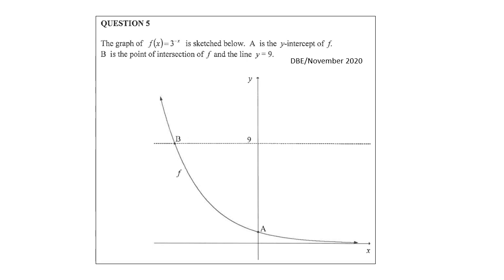Another thing that is of importance when you look at the question is to try and identify the asymptote of this graph. Remember, the asymptote is the horizontal line in this case that the graph will move towards but will never intersect. So in this case, that is the line y equals 0, or the x-axis. Now let's look at question 5.1.